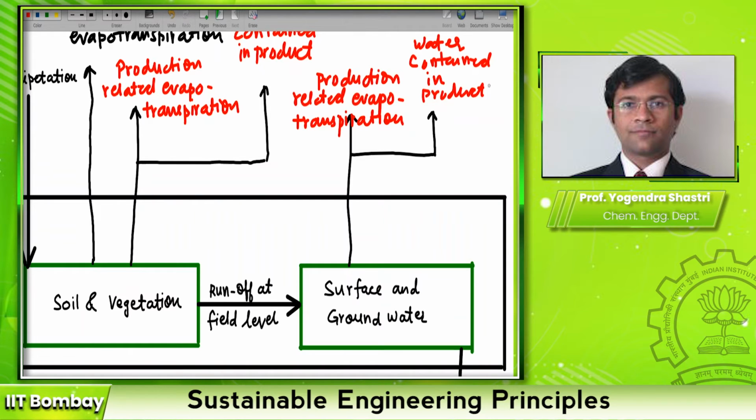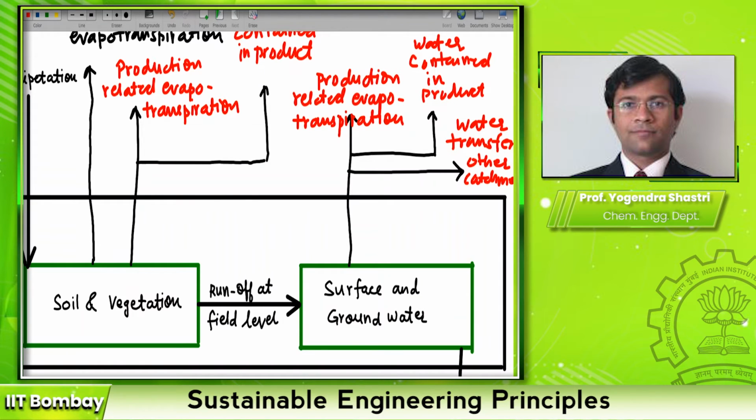Let's say we are using water for industry, let's say for a boiler application or for washing something or purifying something. We take out water and remove it and use it for something else, and typically it goes to another catchment area. Basically it's coming out of that catchment, and the source for that water is also surface and groundwater. So we can draw that particular stream as well, and I will call that water transfer to other catchment.